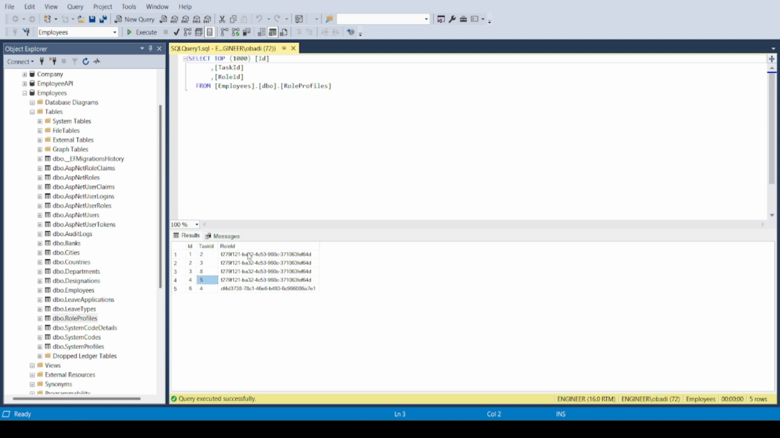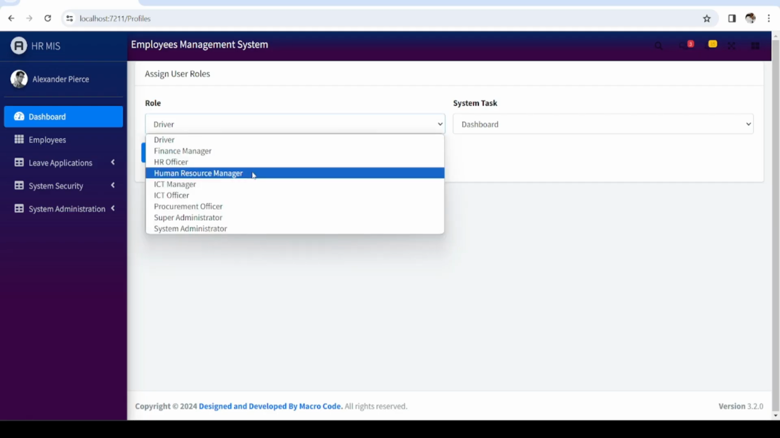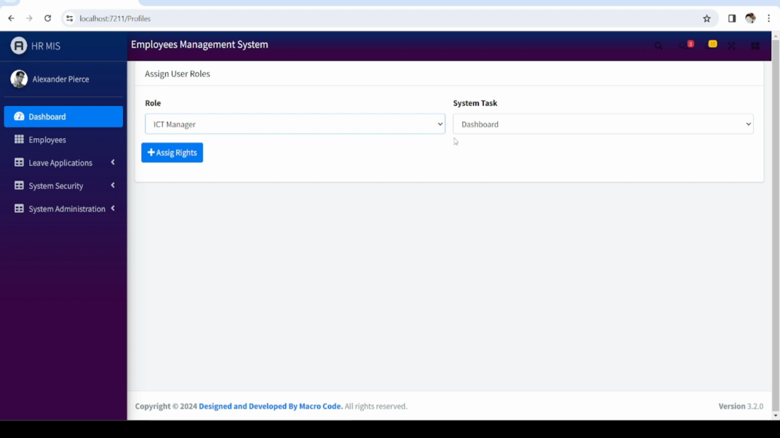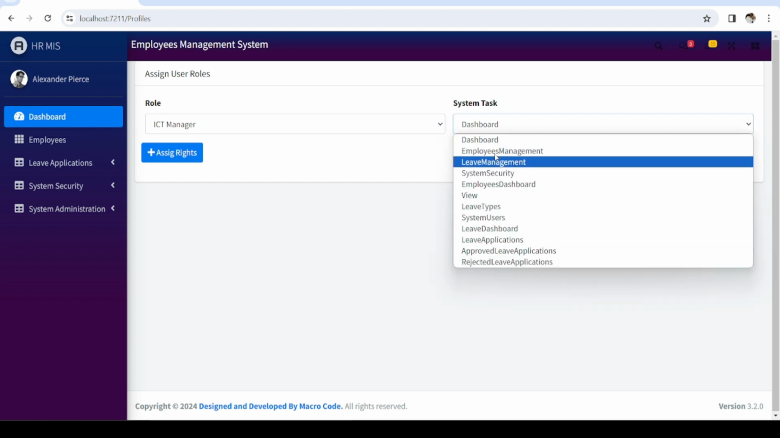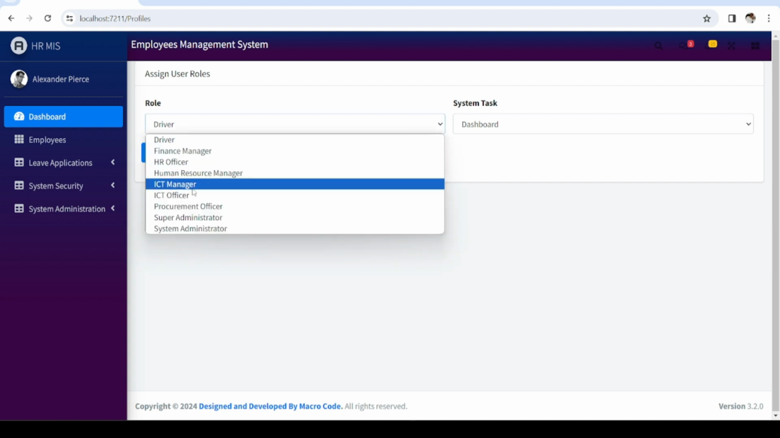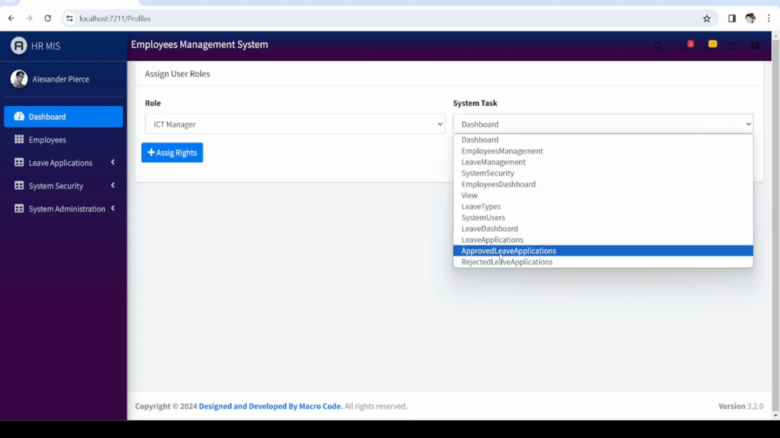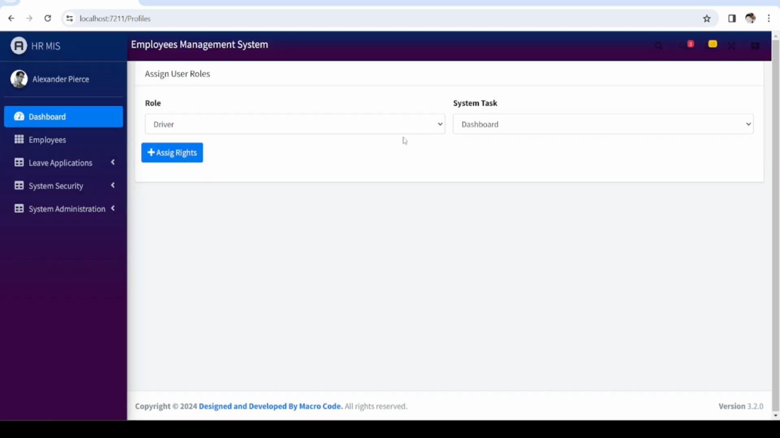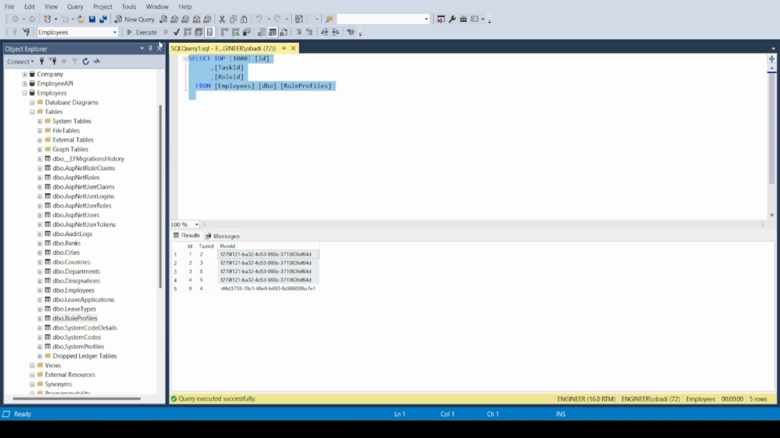So that means one role is accessing multiple areas within our application. If you open this area, you are able to assign one role here, like the ICT manager, and they can maybe access employee management, you assign. Do the same for the ICT manager, and they are able to access approved leaves, you assign it. So when you come to our database, under the role profiles table, you'll be able to see that this ID and this one are actually accessing two different